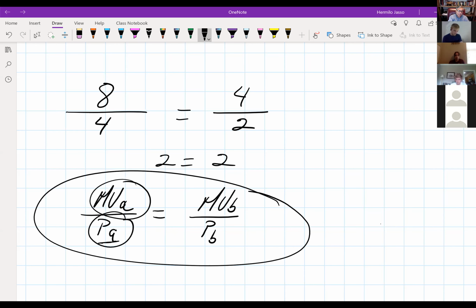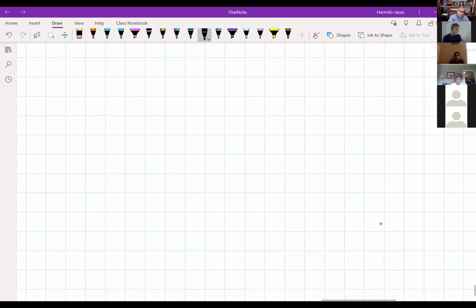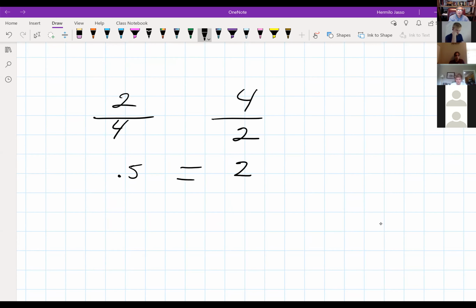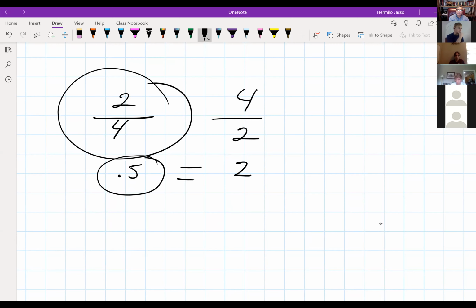So think about this. If the price of the burger is 4 and the price of the Coke is 2, and the Coke is going to give you 4 units of satisfaction, but the burger is only going to give you 2 units of satisfaction, then as you can see, you are not in equilibrium. In other words, you're spending too much money on this product, and look at the amount of satisfaction that you're getting compared to this one.